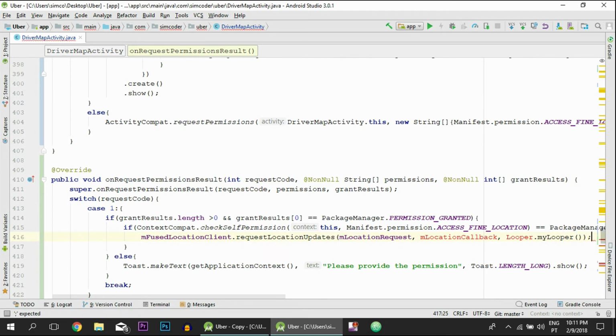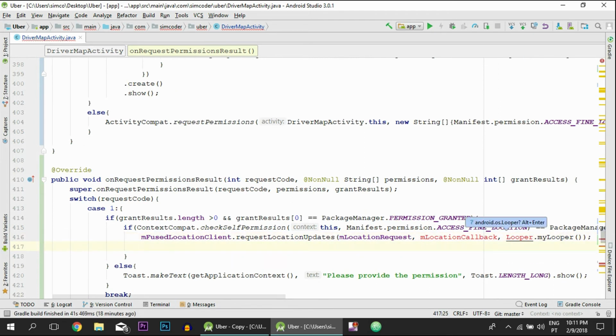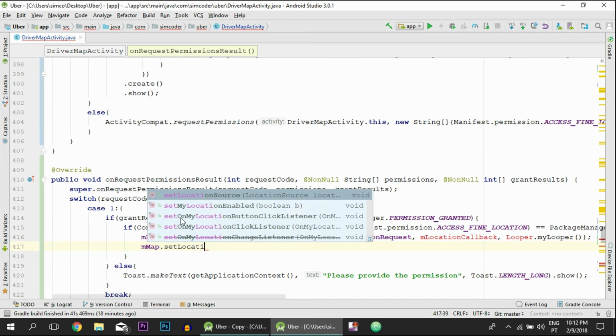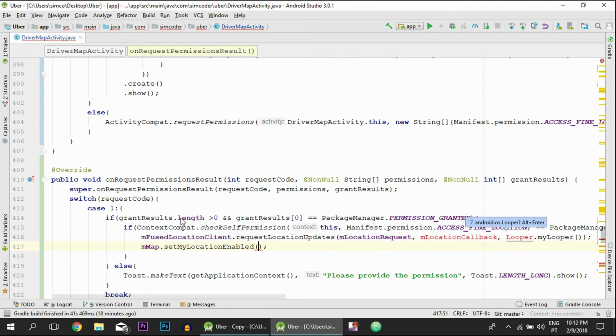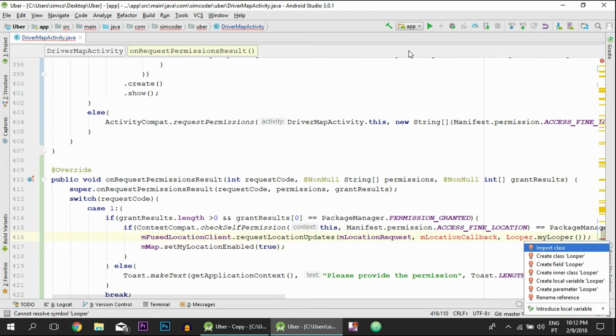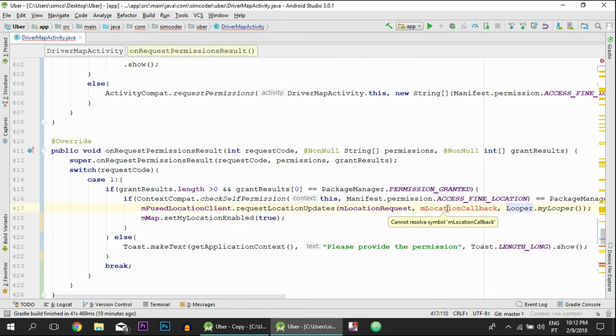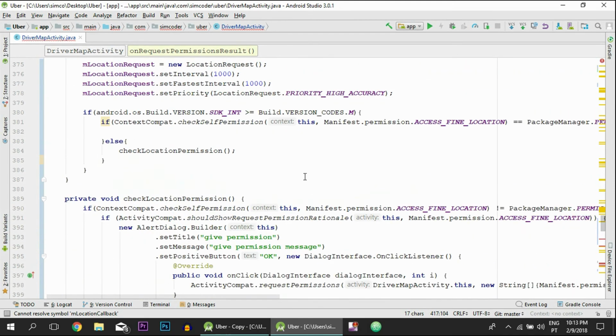Okay, and then we simply set the location to enabled. So mMap.setLocationEnabled, and we set it to true. Okay, and Looper is giving an error because we must import that class. So click Alt Enter, Enter, and now let's create the mLocationCallback, which will be really similar to a code